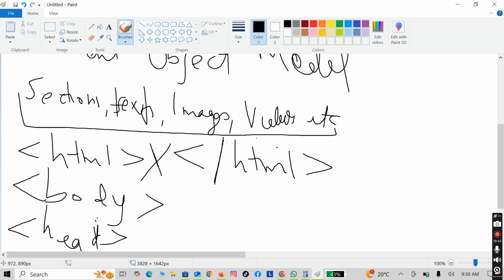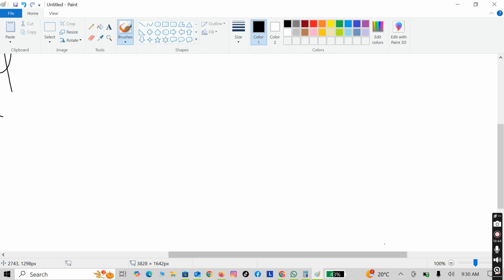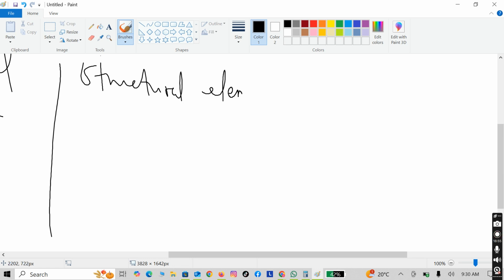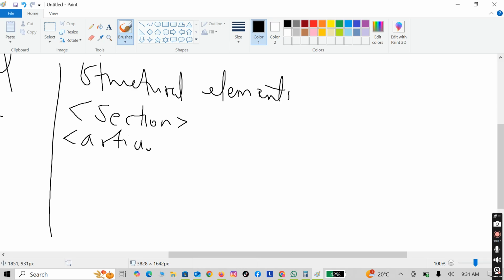But the structure of our website is always subdivided into what are called the structural elements. The structural elements are mostly used to design and implement the structure of our website. They include things like the section tag, the article tag, the div tag,